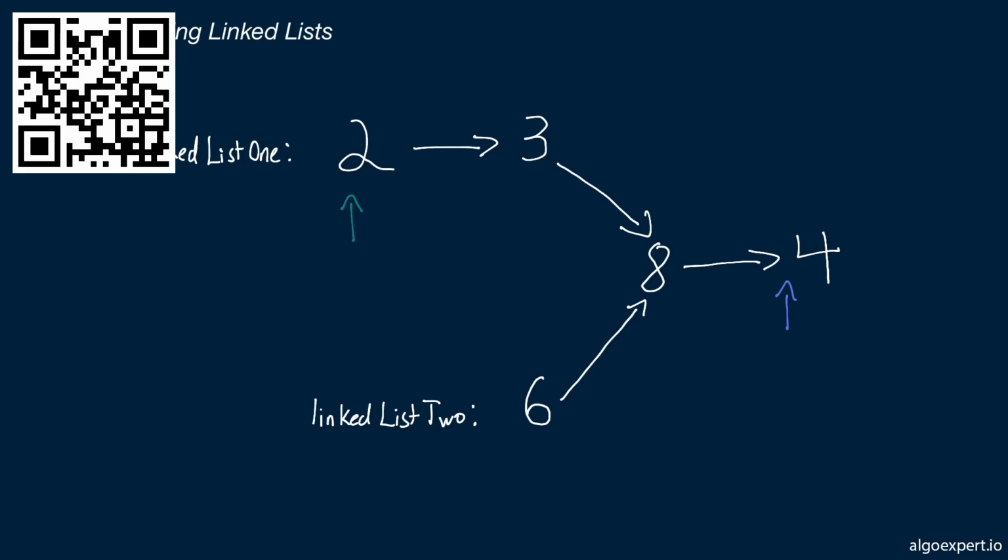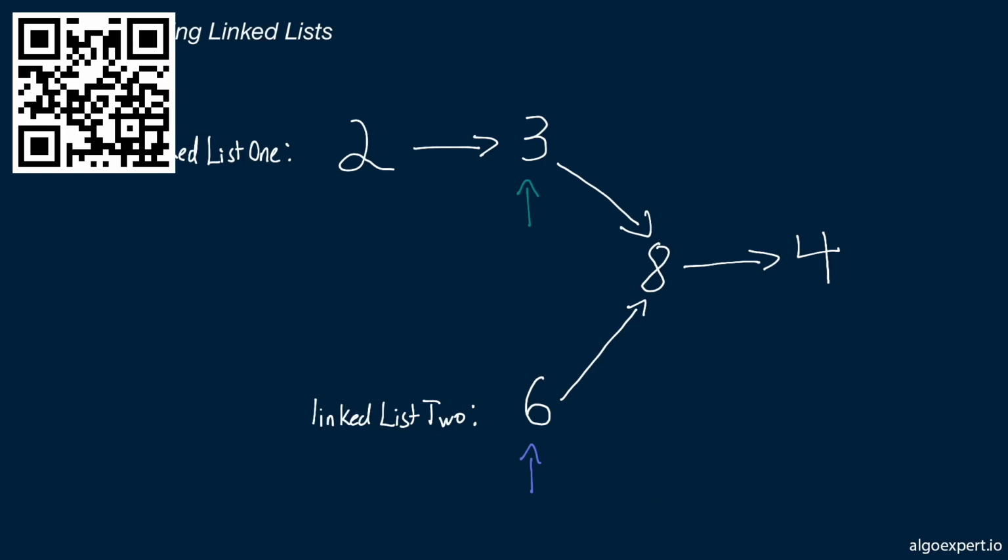So why are we doing this? Well, we are doing this because we want the total number of nodes that both pointers went through before getting to the intersection point to be the same. And the way we do that is by having both pointers go through both lists. So now in the next iteration, the list 1 current pointer will move to the beginning of list 2. And the list 2 current pointer, which is now in list 1, is going to move to its next node as well,